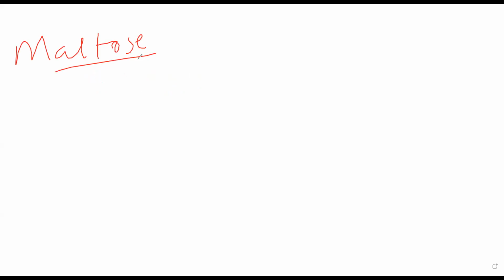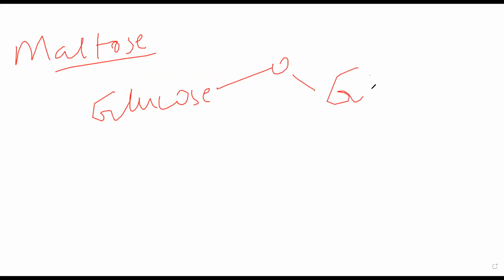Maltose is made up of 2 units of alpha D glucose. So you have glucose and glucose bonding with each other. ये दो glucose molecule bind करके एक first position पे bind हो रहा. This is the first carbon, this is the fourth carbon. C14 linkage है ये दोनों के बीच में.